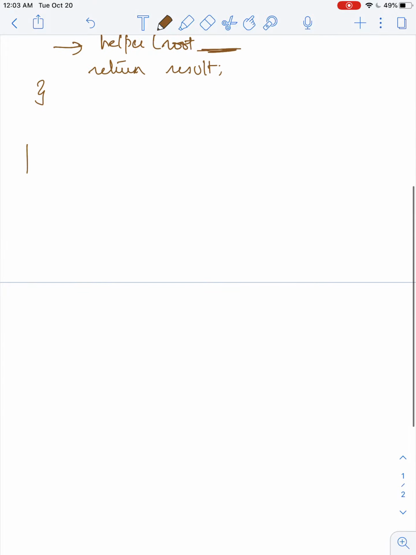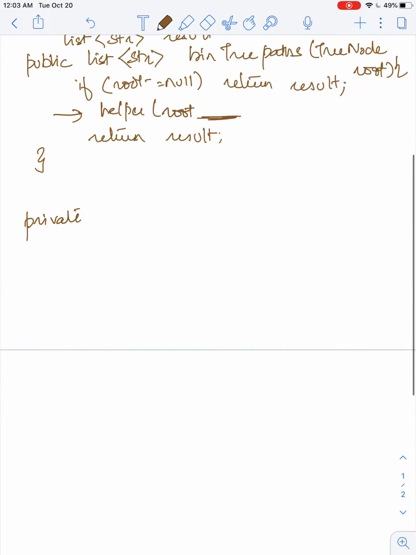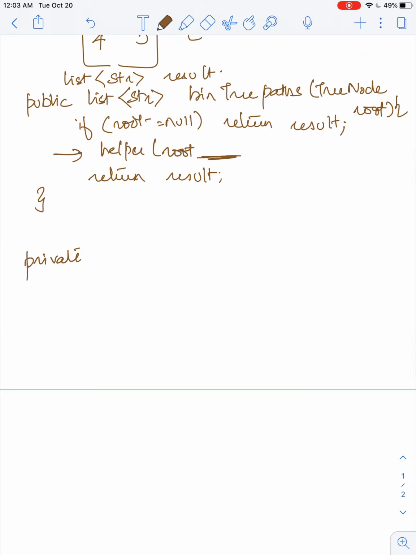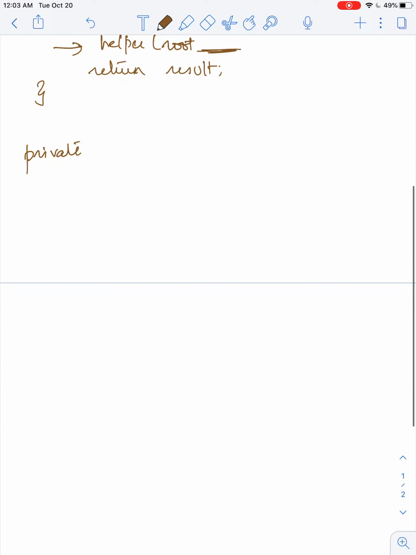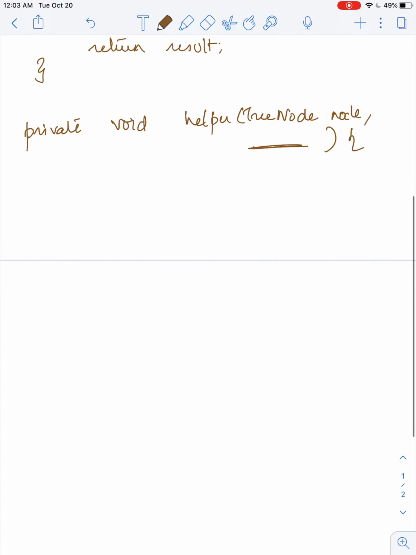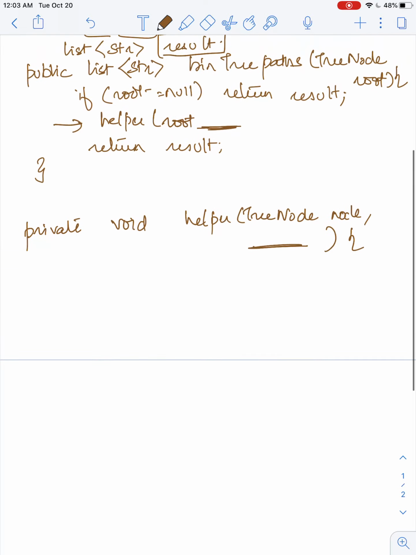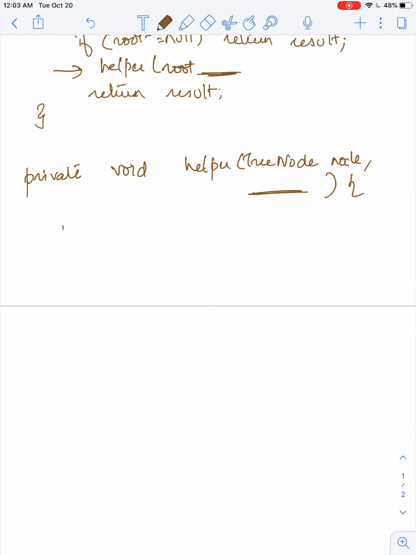So as a private method, I don't think, because we have considered putting the result as a global variable, you can just keep this method as a void method. And let's see, helper method, it definitely needs the tree node. You can call it node, comma. We'll see whether we'll need anything here or not. We can definitely check, otherwise we can correct it. So okay, now if root is equal to null, you just return, right? Then